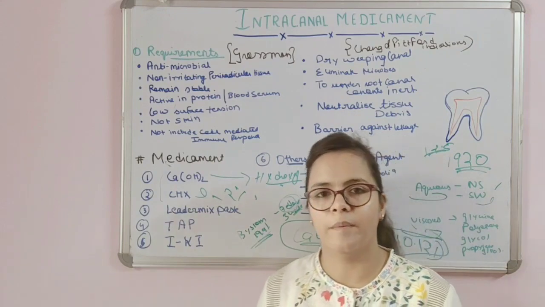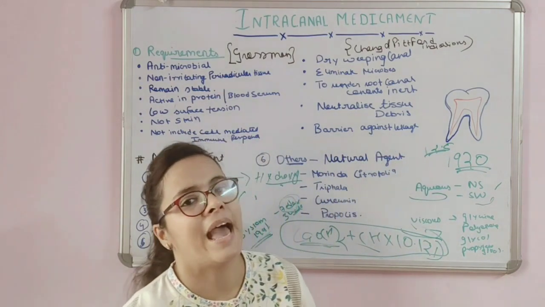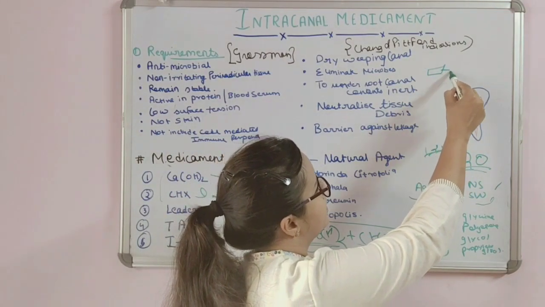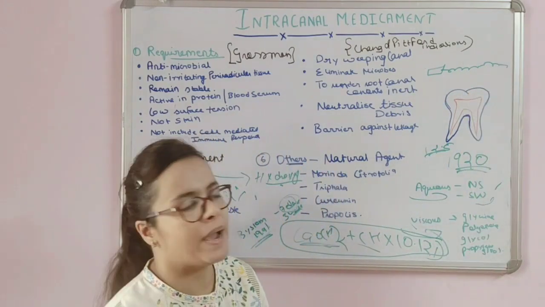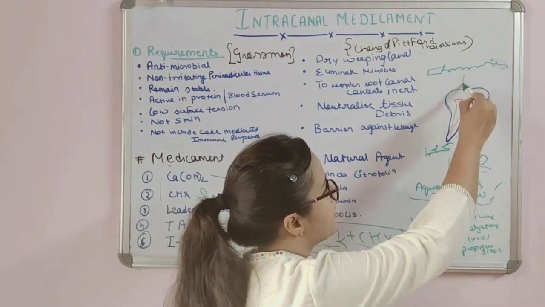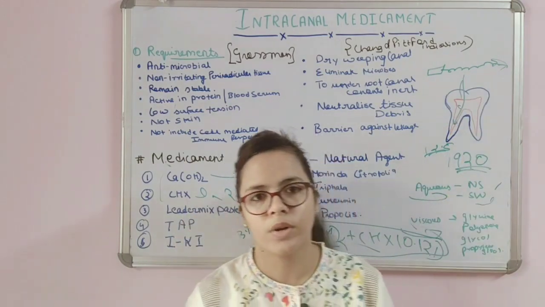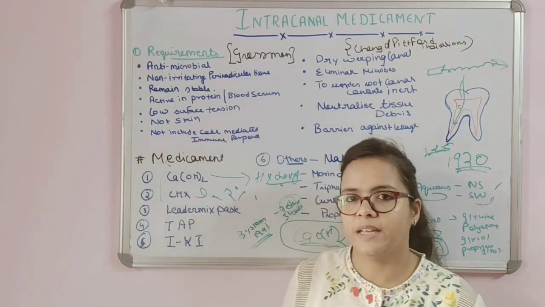So these intracanal medicaments, if you have to insert them in the canal, you can carry them with the help of a lentulo spiral. It is like this, the end is there and then it has a twisted form over here. With the help of this lentulo spiral, you can take the paste and place it in the canal, rotate it and take it out. Because it has a filling motion, it will fill the canal very easily.